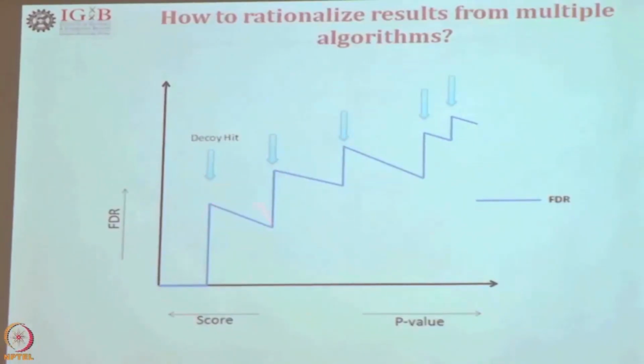Now, the problem with us is that a peptide which is identified with a higher score had higher FDR than a peptide which is identified with lower score had lower FDR. This is not acceptable. How can you have a person having higher score and still has high false discovery rate? So, what we did, we created a step function and tried to join through a linear line at the base of this next FDR line,